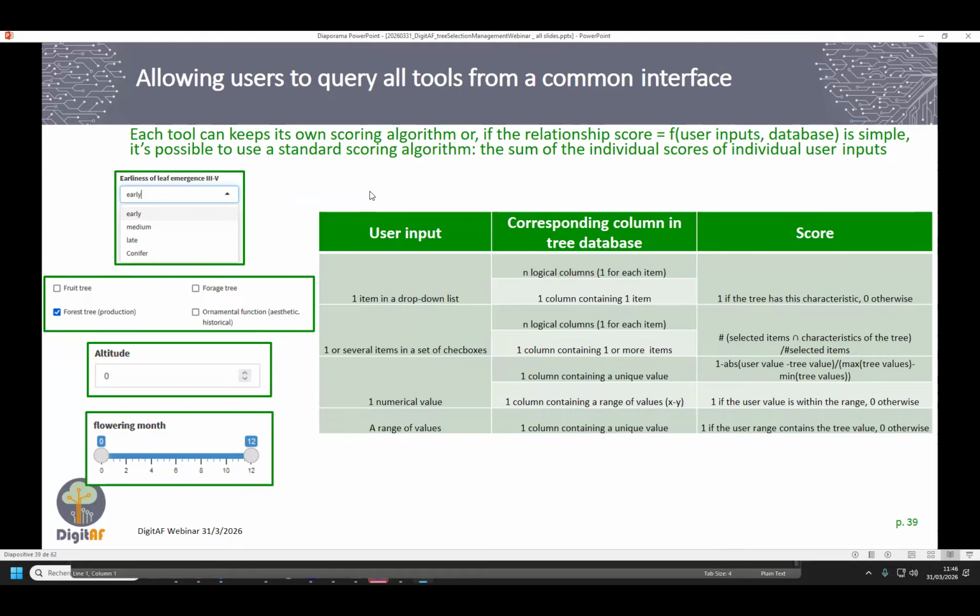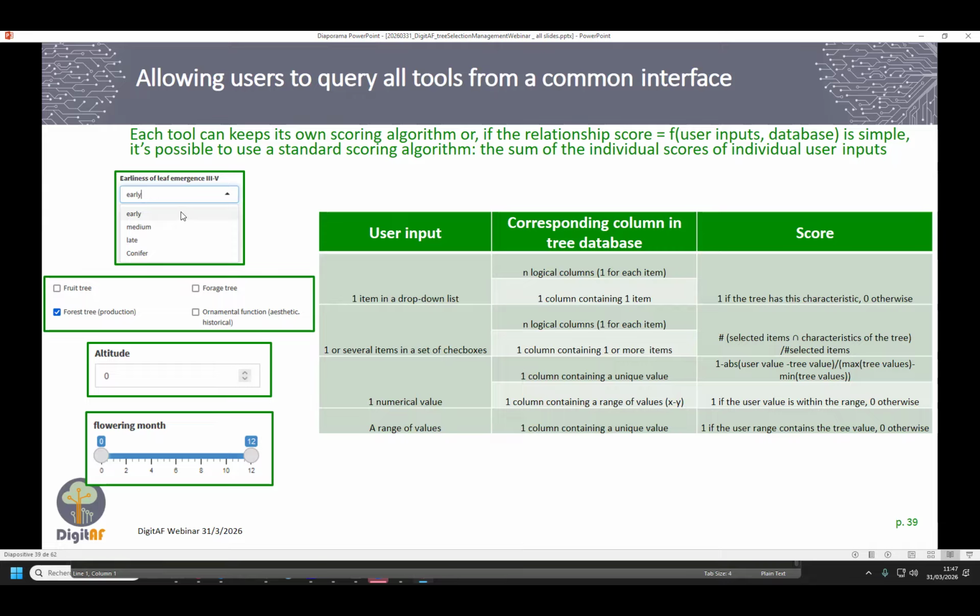And for some tools, we used the existing algorithm that was inside the tool. And for some, it was just a spreadsheet with tree characteristics. And so we developed a generic scoring mechanism to score automatically, to easily import a database of tree characteristics.